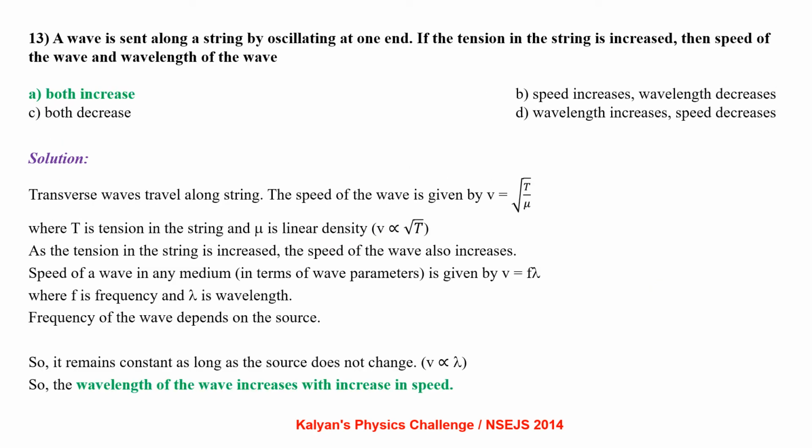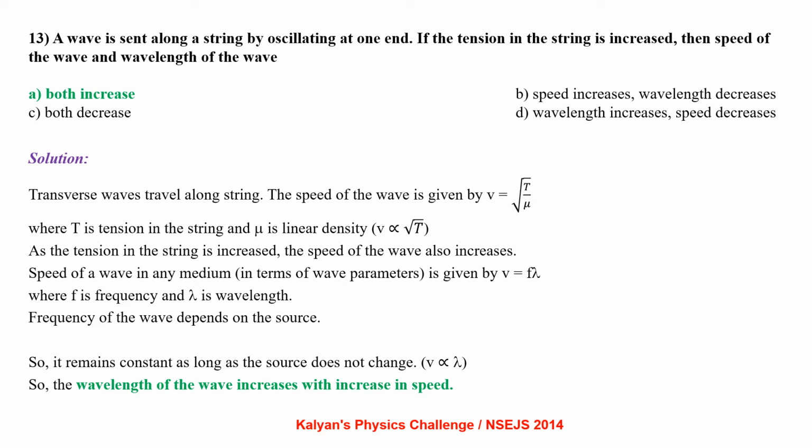A wave is sent along a string by oscillating one end. If the tension in the string is increased, then what happens to the speed of the wave and the wavelength of the wave? Transverse waves travel along the string. The speed of transverse waves is given by the formula v equal to root T by mu, where T is the tension